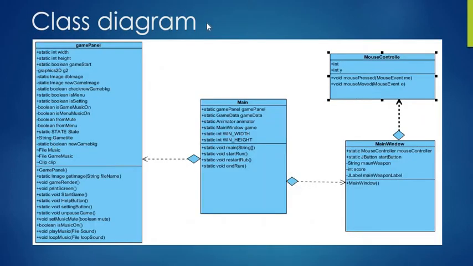Lastly, we have the class diagram. The class diagram works pretty much like the first one, except that on this one I added files so that we can play music. I added files to play music, and I added new methods to play the music too. You can see those methods here: the void set music mute, which has a boolean variable as a parameter, the boolean is music on; the void play music with a file sound parameter, and the void loop music with a file loop sound.